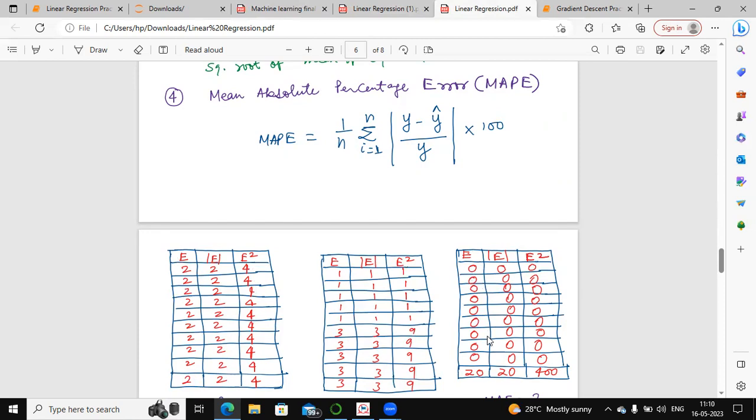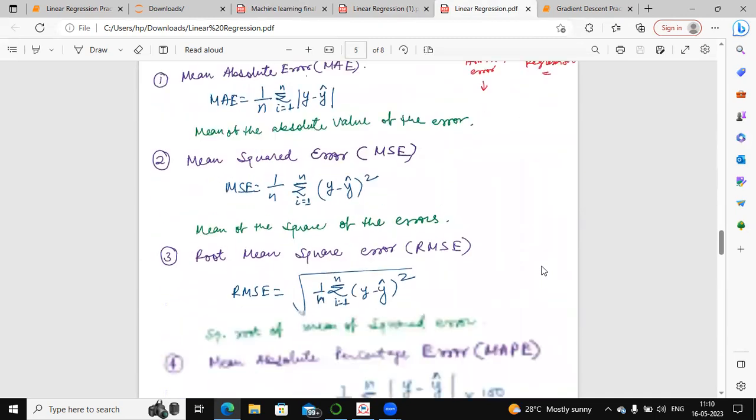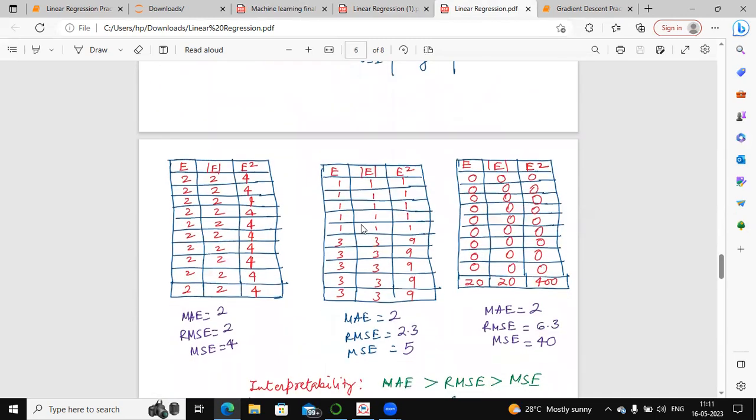Okay. The error is 0, 0, 0 and only one outlier is present where the error is 20. So what is the absolute value? 20. And what is the squared value? 400. So now when you try to compute all the three evaluation metrics,